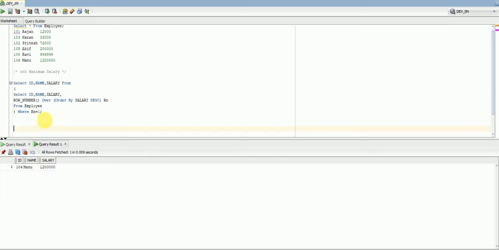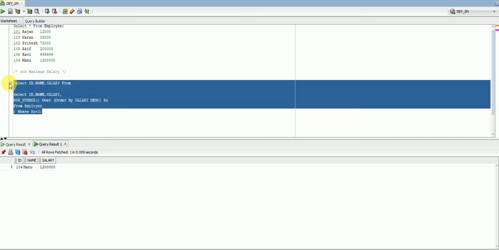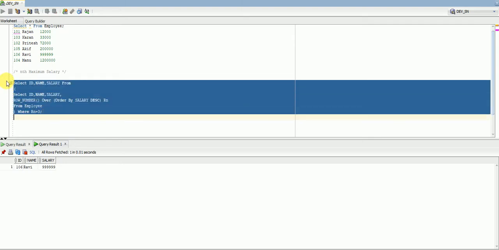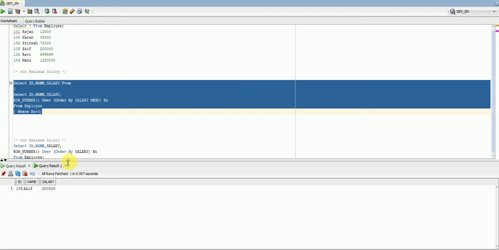Okay, so in a similar way, if I want to find the second max salary, I'll just use rn as 2. For third max salary, I will use rn as 3. Okay, so in a similar way